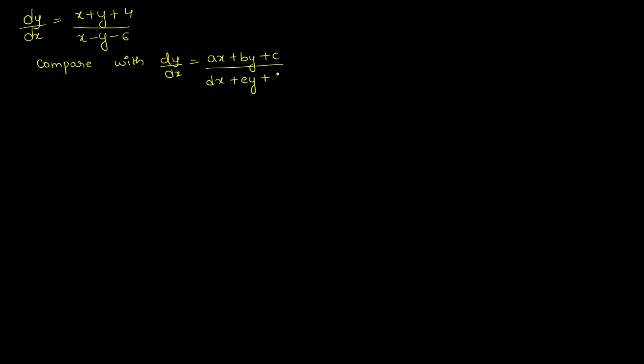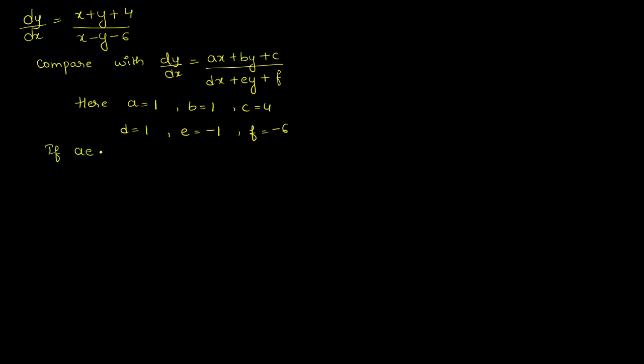ey plus f). So if you compare the coefficients, here a value is equal to 1, that is the coefficient of x in the numerator is 1. b is the coefficient of y in the numerator, that is 1. c is equal to 4. d is equal to 1, the coefficient of x in the denominator. e is equal to minus 1, that is y is having minus 1 as its coefficient, and f is equal to 6. So as per case 1, we need to check